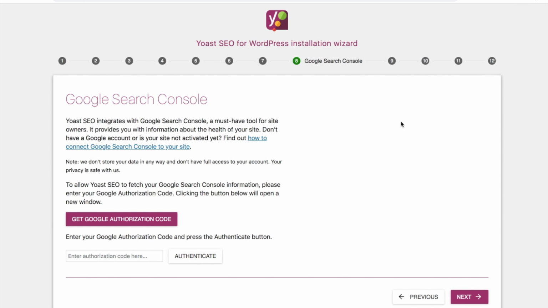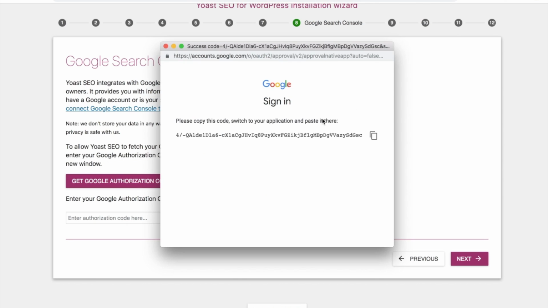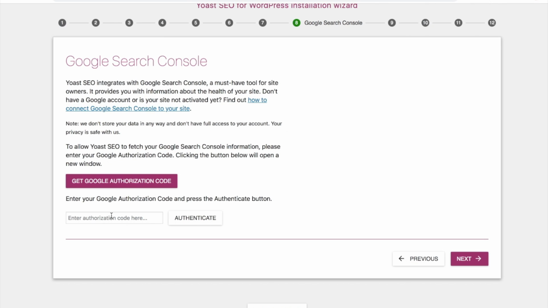Here we have to get a Google authorization code so that we can verify this. We're going to click on this right here, get Google authorization code. Once you get taken over to sign into Google, sign in to the business Gmail where you can get the authorization code. You're going to copy it just by clicking here, and you can paste it in here and then click